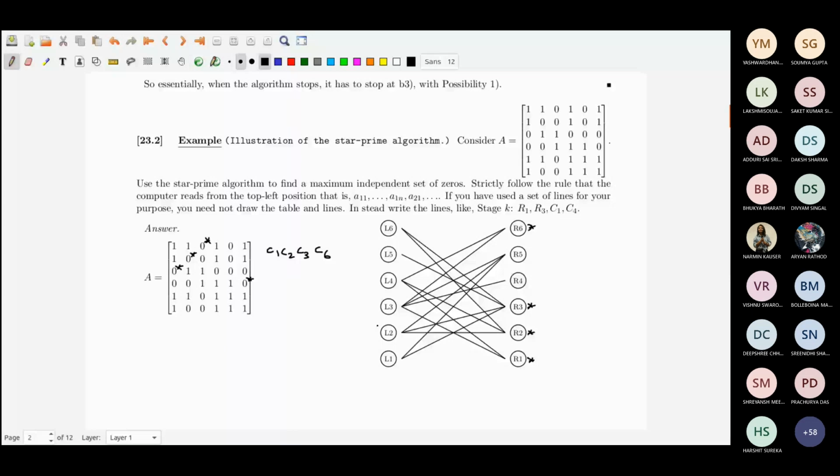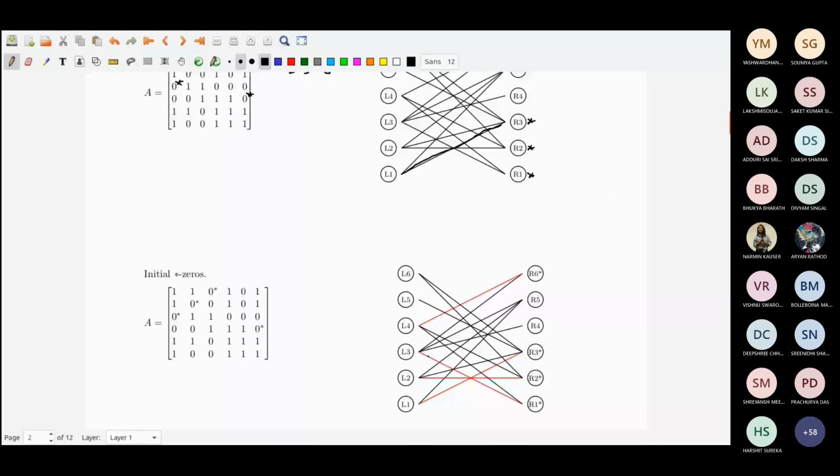So right now I have selected R1, R2, R3, R6. Okay. These are the ones that I have selected. And the edges I have selected, the starred edges, that is a matching that I have selected. I have selected 1 going to 3, this one. Okay. So I will show what I have done. So essentially, this is what I have done.